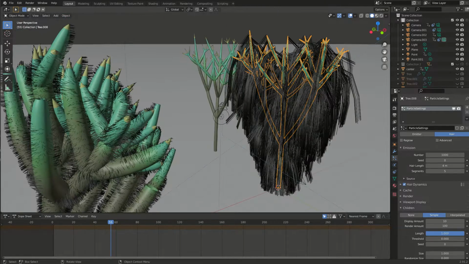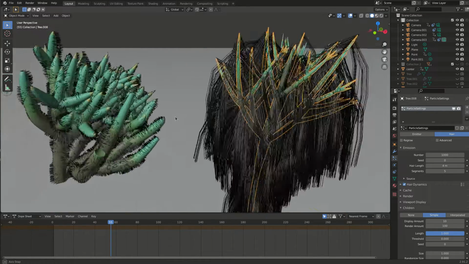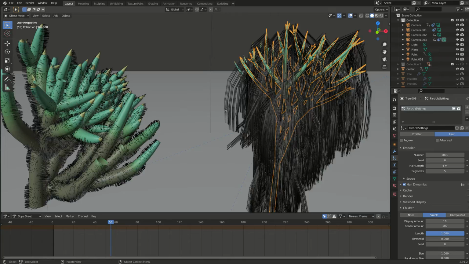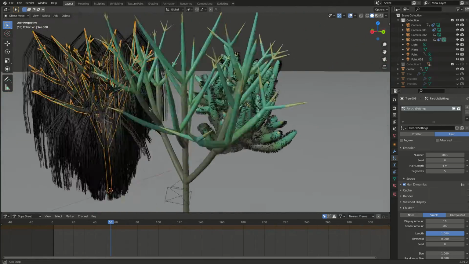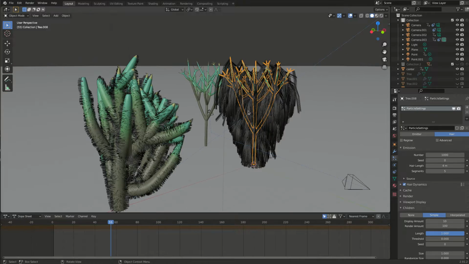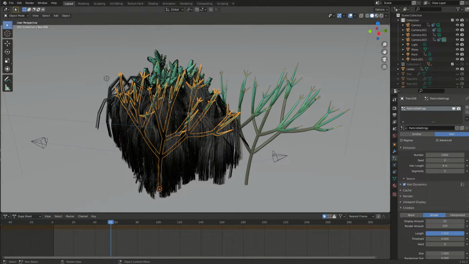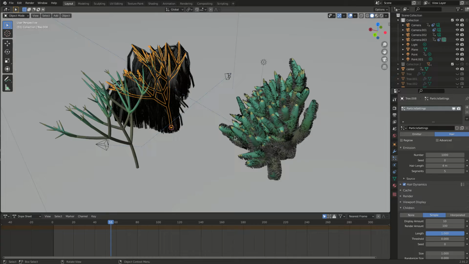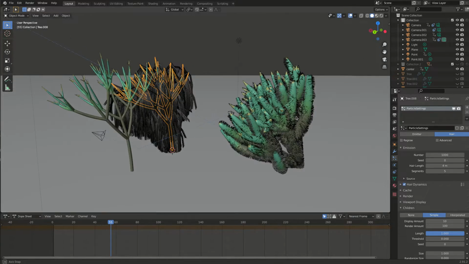And I've been messing with these systems for particles. I was thinking about how most games and most engines have particle systems, so doing something like hair with dynamics like this one, or without dynamics like this one, like a cactus or something,